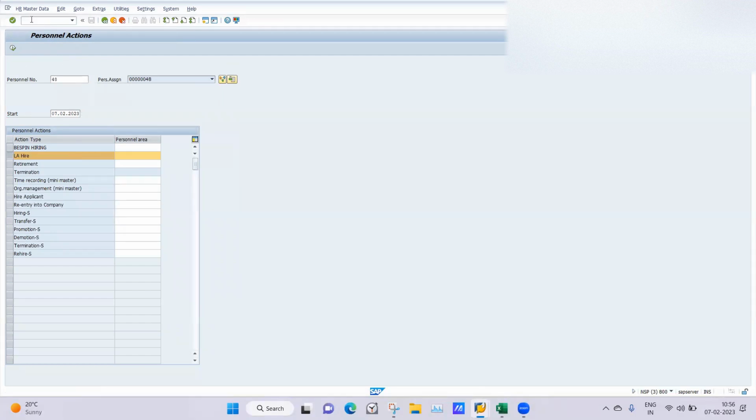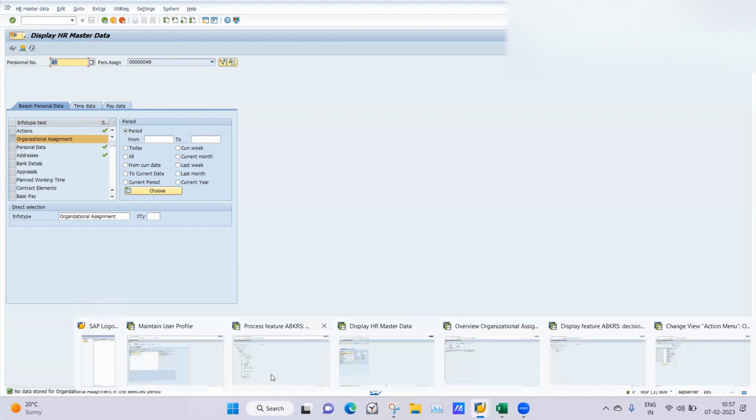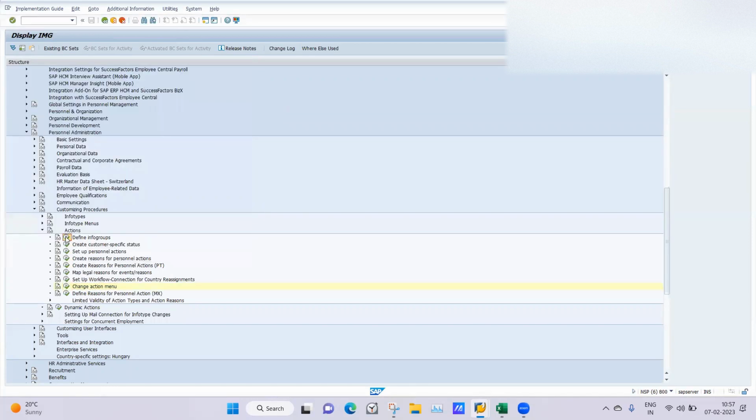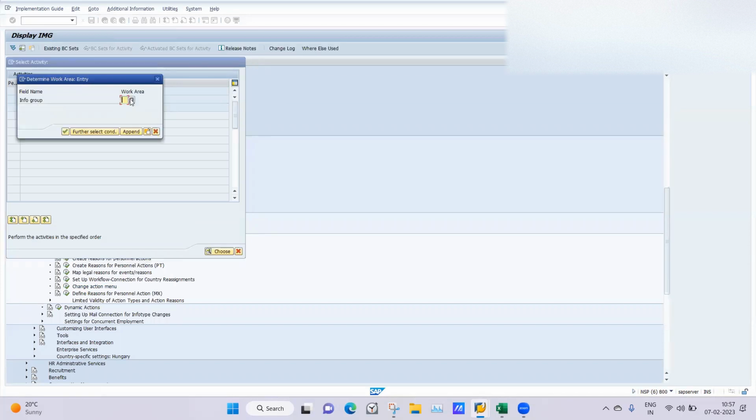PA20. So if you see here in the organizational assignment, it is not maintained. I think that is the issue. One second, because info type 1 didn't come, no? If I go to this again, to this info group,